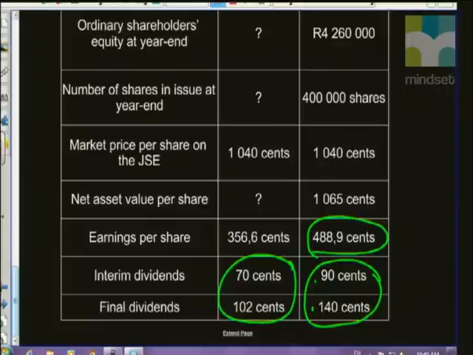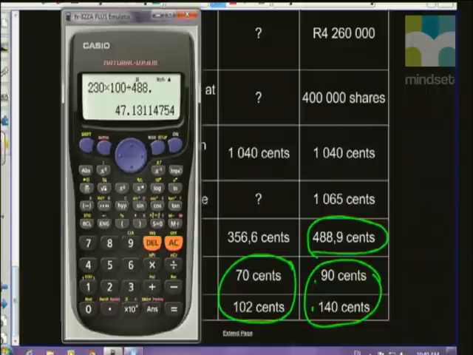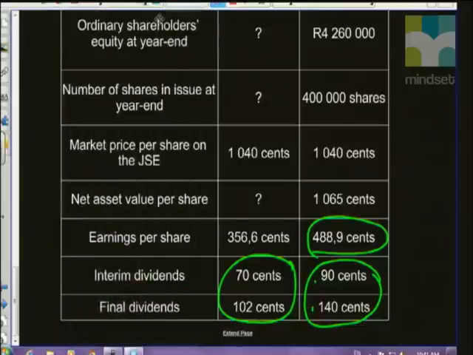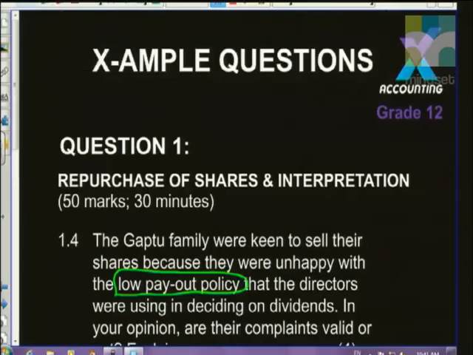And if we take the 172 cents, 172, right, multiply by 100, because I want to express it as a percentage, divided by 356.6, which is my earnings per share, is equal to almost 48%. This means therefore that